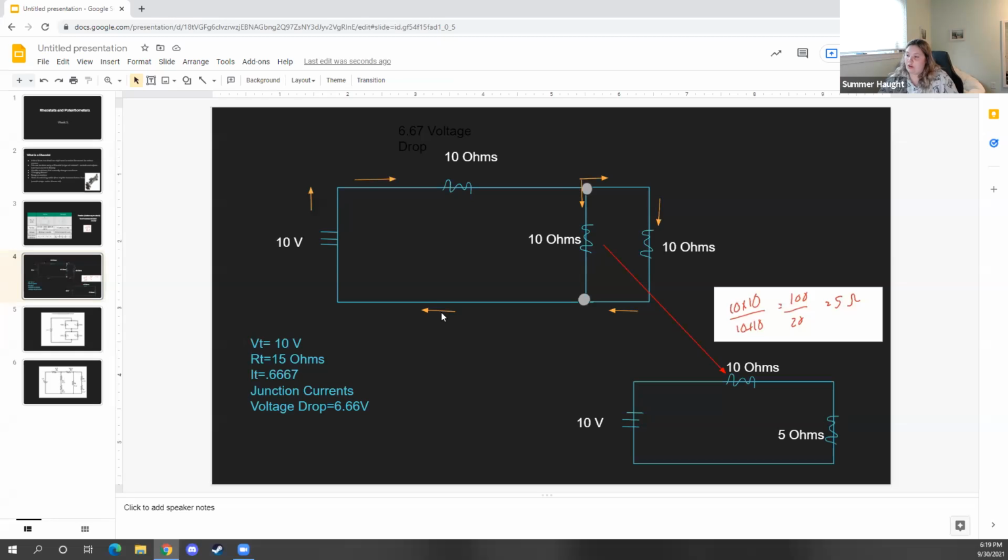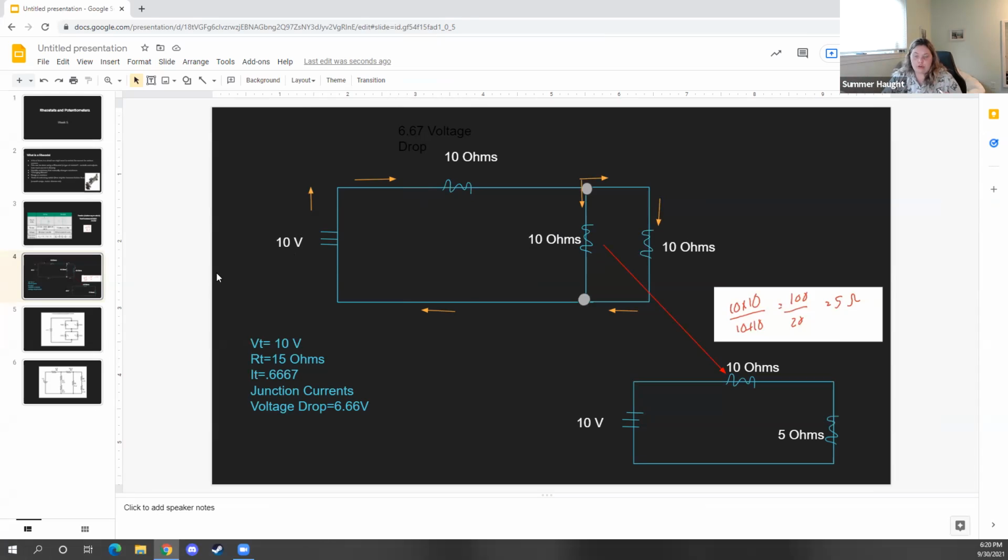Plus, the other thing to note too is that the 6.67 plus the 3.3 here is going to equal 10, which makes sense because that's something that we learned. The sum of the voltage drops always equals the total voltage at the end, and it does if this is 3.3 and we treat it as a series. So again, this is